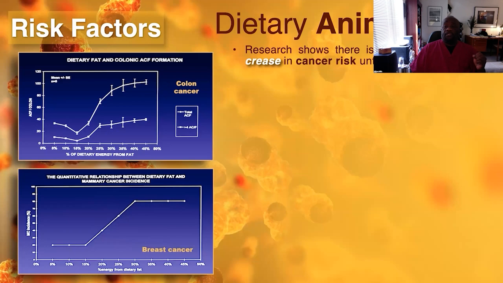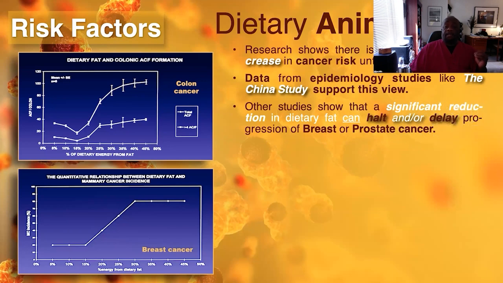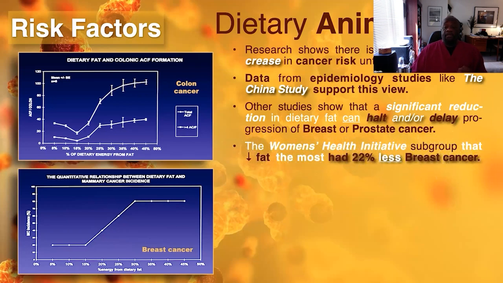So again, research shows there's no decrease in risk unless your fat is less than 20 to 25%. This data from epidemiology studies like the China study also support this view. Other studies show that a significant reduction in dietary fat can halt and/or delay progression of breast and prostate cancer. The Women's Health Initiative showed that the subgroup that decreased their fat intake the most had 22% less breast